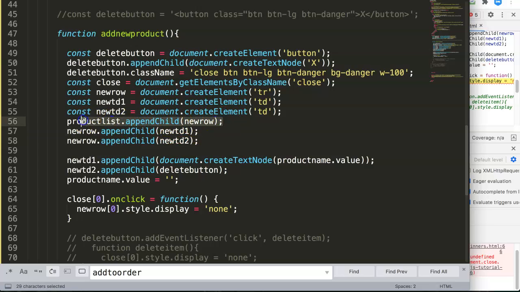Append child on new row. Oh, this was even mistaken. New row should not be here. It should be the product list if I'm not mistaken. Am I correct? Oh, no, sorry. New row is correct. So the new row is correct, but what we have to do in the new row,